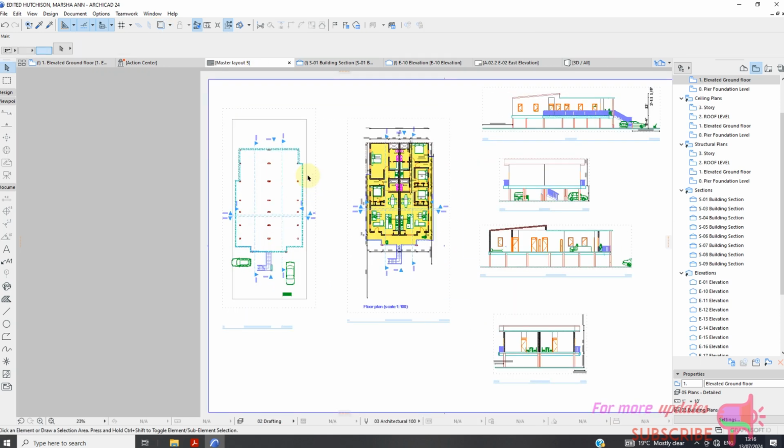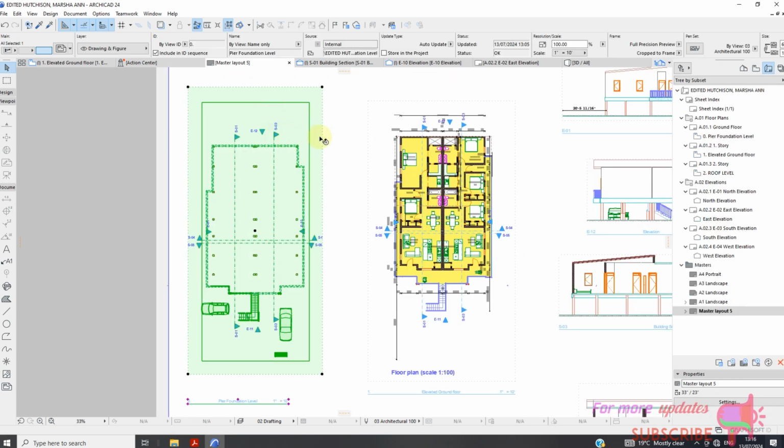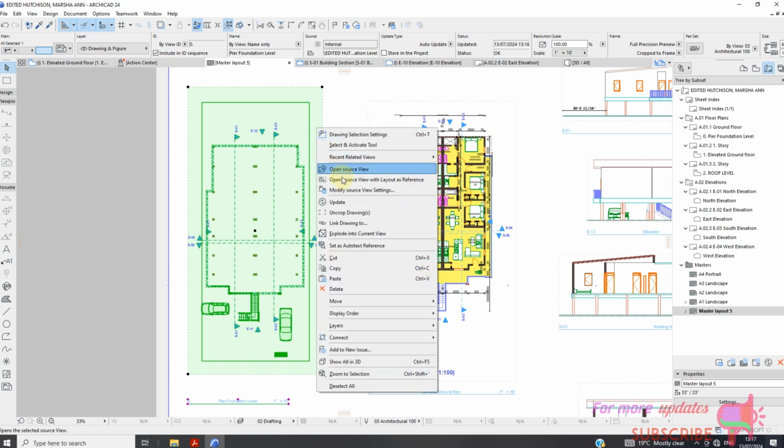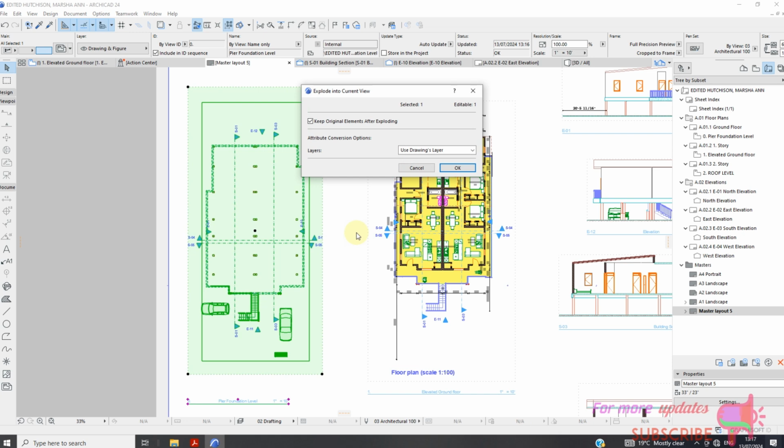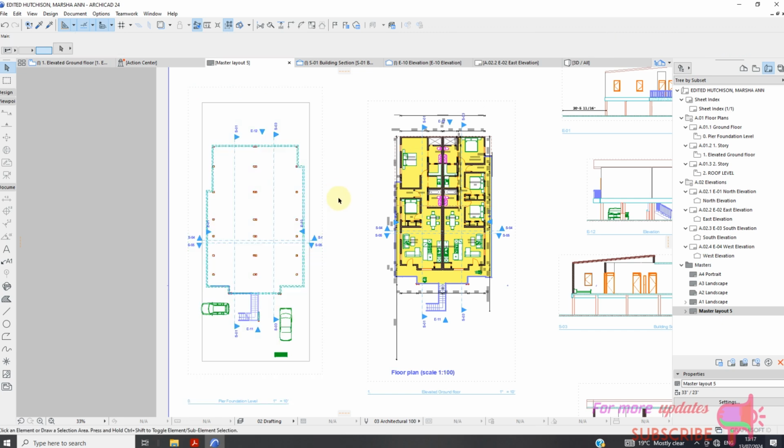Now, if you are done, you can just come here. Maybe you don't want this to update, or every time you change the building, you want to save it like this. You can just right click. So let me stop building. You can just right click and explode into current view. Right click and maybe explode into current view. If you don't want this to be updated every time you change the drawing, but I will not recommend that because it's good to